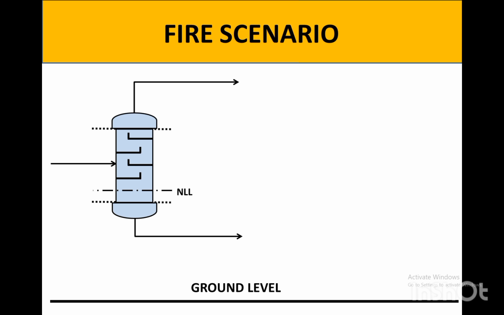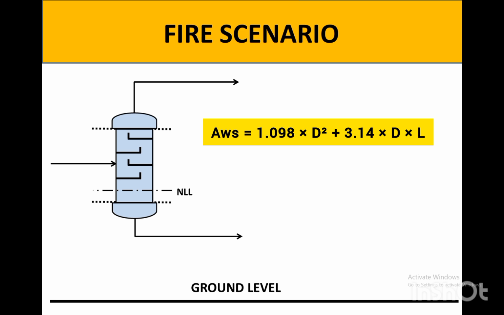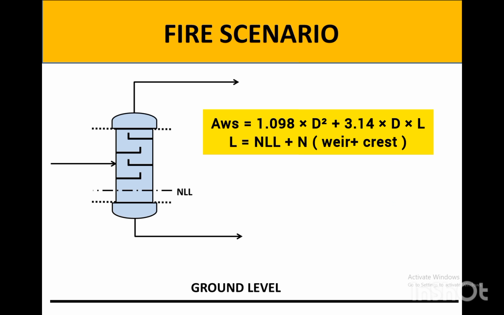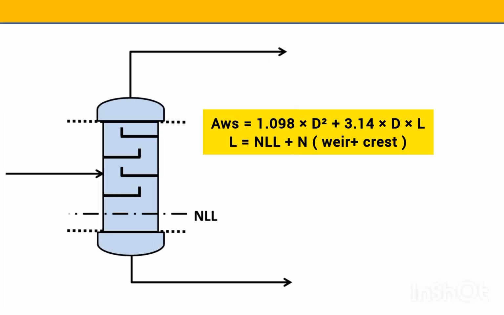So for the distillation column, this is not a hard procedure, but let's consider this formula applicable, and L represents the length of liquid, or height of the liquid, within the distillation column. So height of the liquid equals normal liquid level. You should refer to your vendor datasheet document to find the normal liquid level for your distillation column, plus number of trays times the quantity